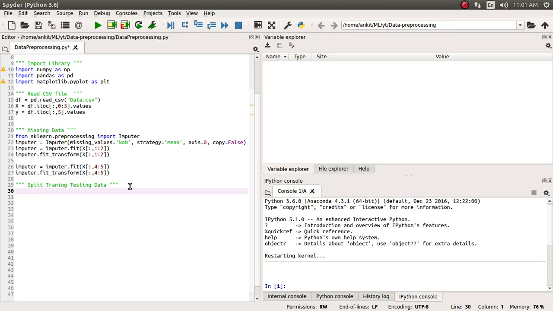Because machine learning is generally a two-step process. You divide your data into two chunks. Based on one chunk, you apply your machine learning algorithm on top of this data, and with the second chunk of data, that is nothing but the testing data, you apply the same model on the testing data and you evaluate the result.